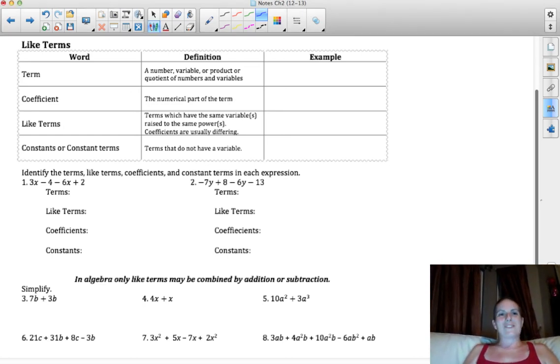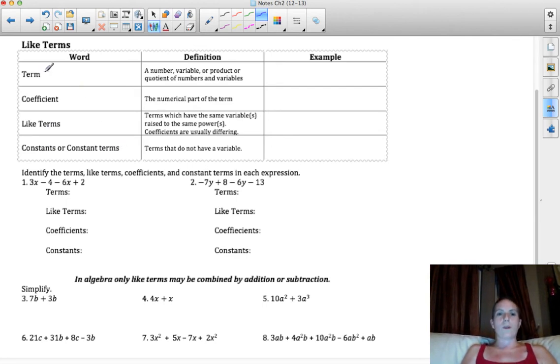All right, let's do our last section for the night, and that is like terms. Now, I'm pretty sure that this is a review topic as well, but just in case, I'm going to slow this one down a little bit, and this video will be a little bit longer. We have 4 vocabulary words that we're going to focus on. We're going to focus on the word term, coefficient, like terms, and constants or constant